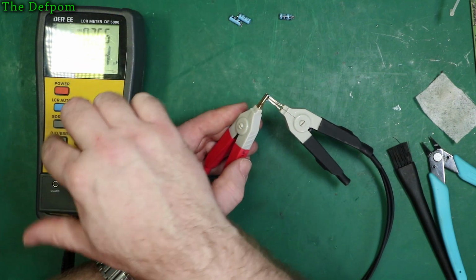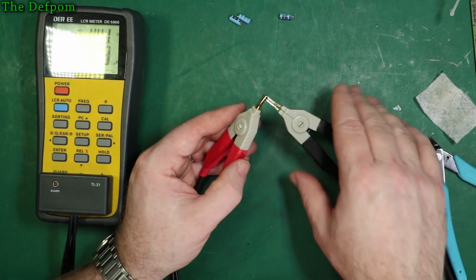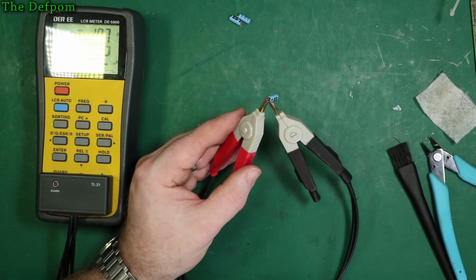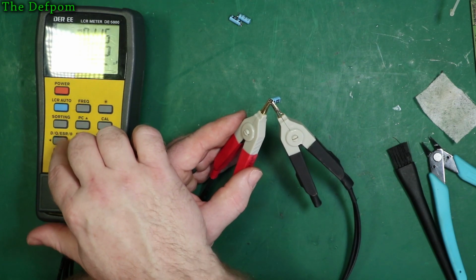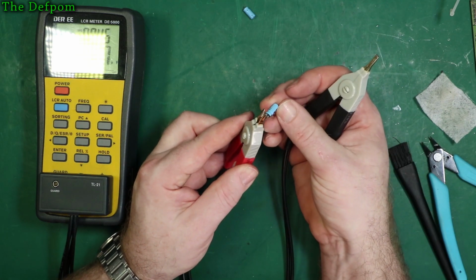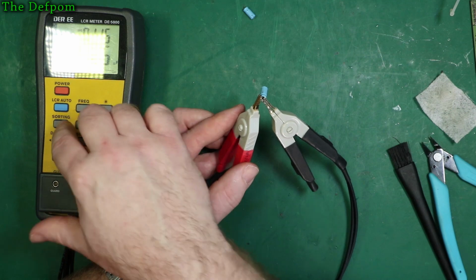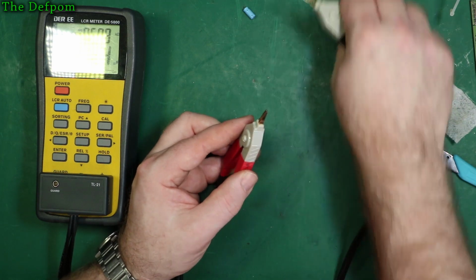This has got a higher dissipation, so the ESR might be higher on this as well. ESR 44 ohms. Yeah, that's definitely worse than the others. ESR is 18 ohms on this one. Looking slightly better. 0.1 dissipation. Dissipation again, it's got a slightly higher capacitance. ESR 17, so yeah,